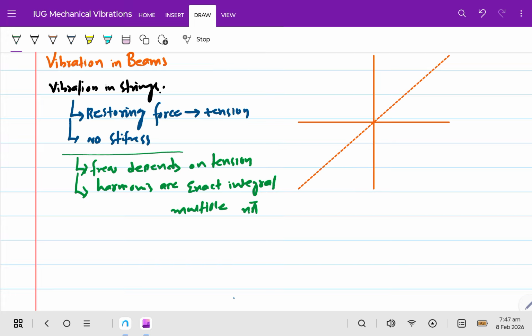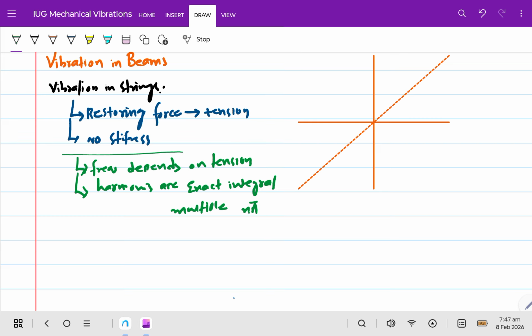There's a clean propagation of waves and so on. Common examples are the vibration in the strings of any musical instrument, or even electrical wiring. It can also be classified as a string, and then you can perform the vibration analysis using the continuous vibration